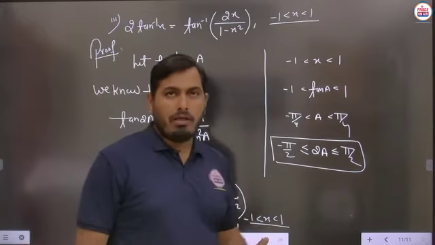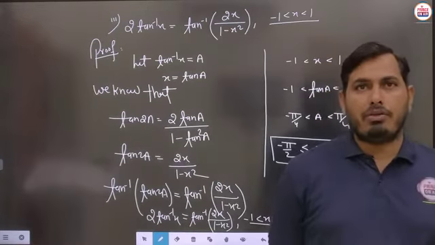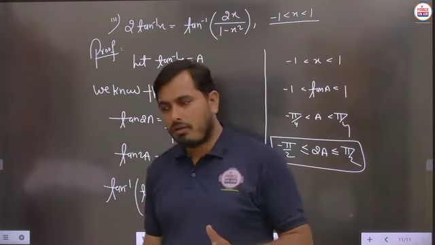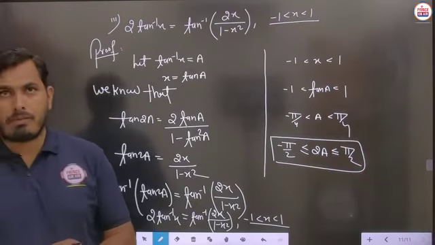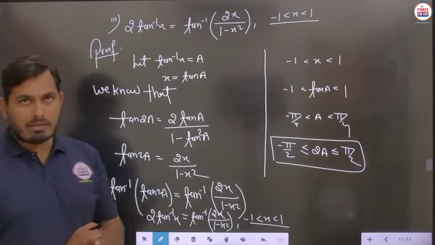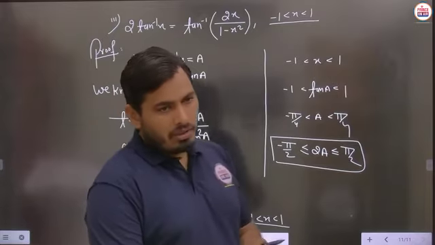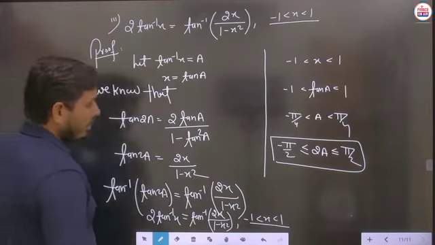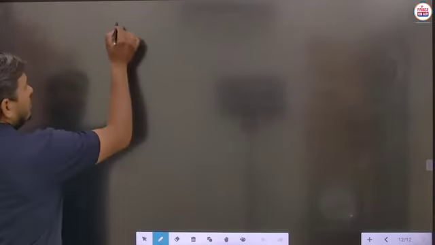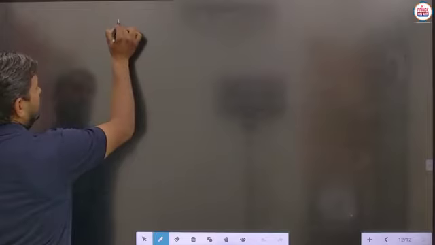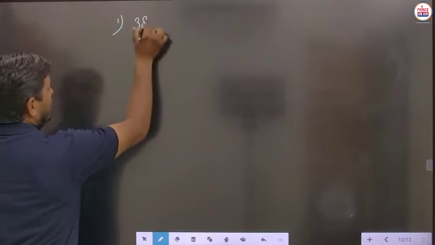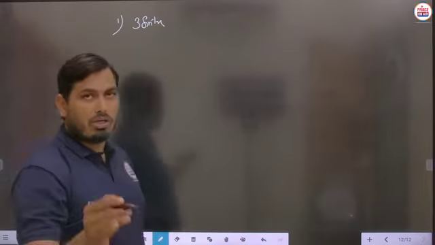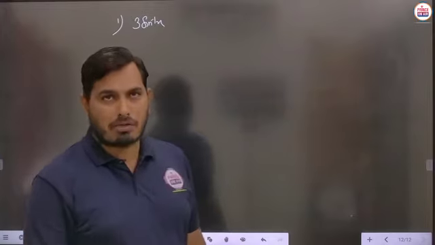So in this property we have just discussed the one section corresponding to 2 sin inverse x, 2 cos inverse x and 2 tan inverse x. Now we will discuss one more section in this property related to 3 sin inverse x, 3 cos inverse x and 3 tan inverse x. Is it clear? So we will take the next situation, and in this next situation we can see the result of 3 sin inverse x first of all. Then we will take the next part as 3 cos inverse x, and after that the next part, 3 tan inverse x.